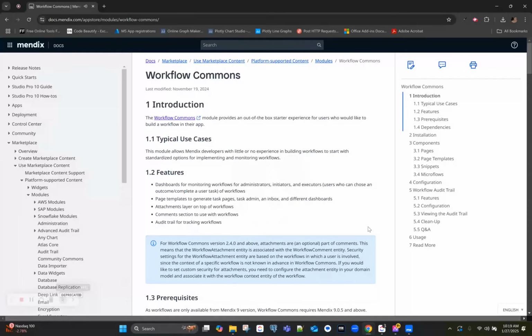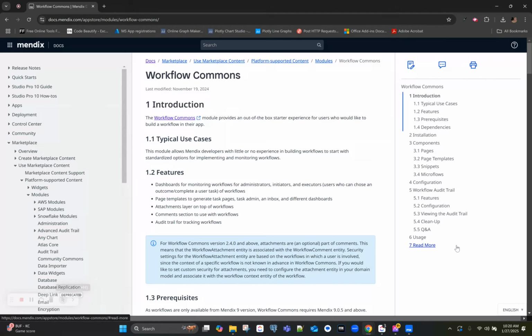This Mendix Minutes video will be the first in a series building a simple workflow application that will enable the user to load in license agreements, subscription agreements, and other types of agreements to their Mendix application and keep track of expiration dates or renewal dates of those agreements so that any renewal or expiration activities can be completed in a timely fashion. In this, the first video, I will walk through how to set up a new application from scratch,